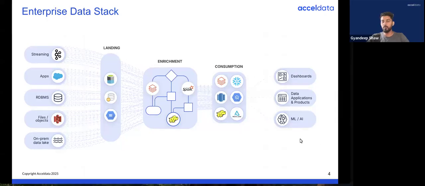And all the way on the right, you have consumption dashboards, ML and AI products, or BI products. Hive can come into this picture in landing, enrichment, or consumption. Mostly, when you have the data in HDFS, there are jobs that you run on Hive,